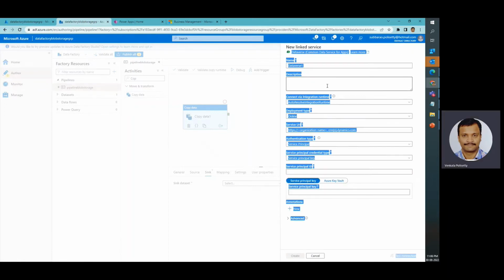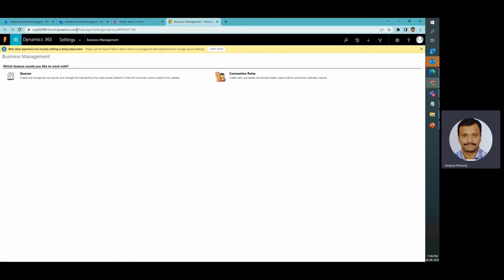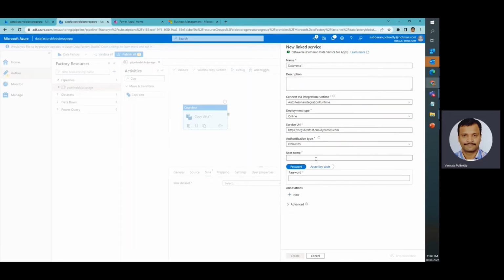I'm going to click on a new Dataverse, for which I need the organization name.crm.dynamics.com. For that, this is my Dynamics CRM CE environment. Here I am going to click on here. For authentication type, I have selected Office 365,